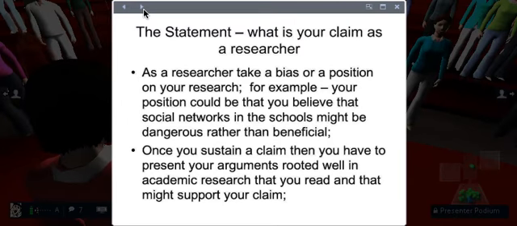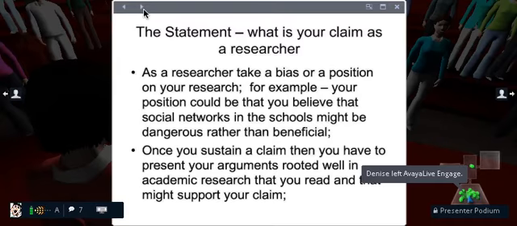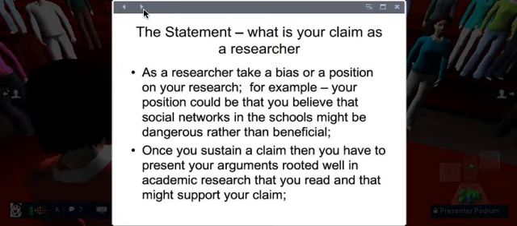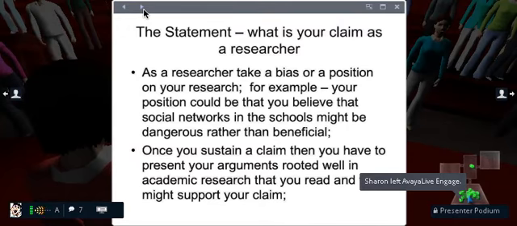As a statement, as a researcher, you can say, I think that, or my position, my bias is that social networking in education, say for example as professional development for teachers, is a very important direction that we need to take in our schools, at our local context.